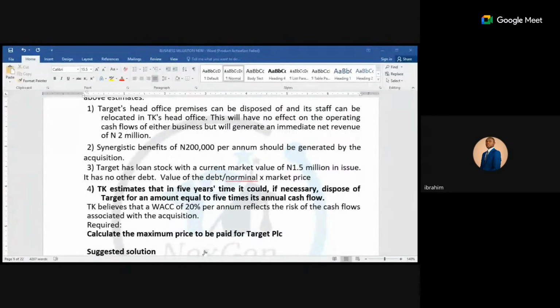So the examiner may want to test your knowledge on this. So take notes and get yourself prepared in valuation of a business. If it comes this way, this is how to apply it, so you don't need to stress yourself. We're given weighted average cost of capital to discount, so that is the total market value of the company. What are the values of debts here? They may give you different debts, so you need to look for the values. Add all the market values of debts together. It becomes your total market value of debts. So class, it is 1.5